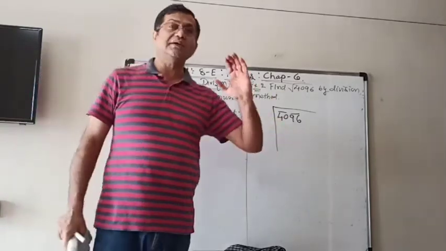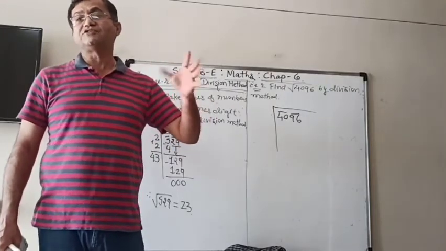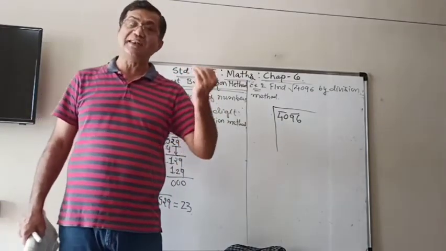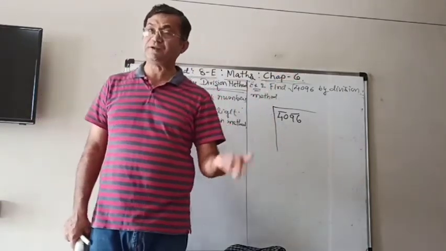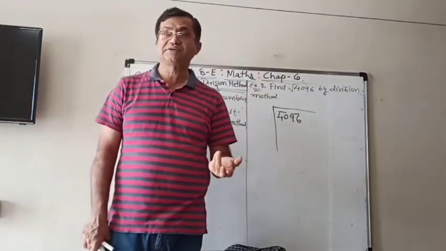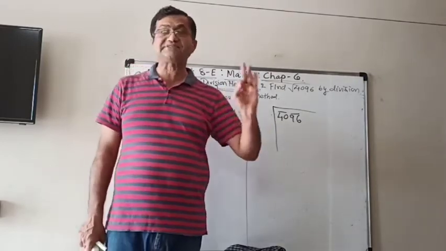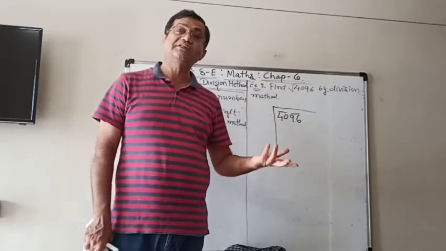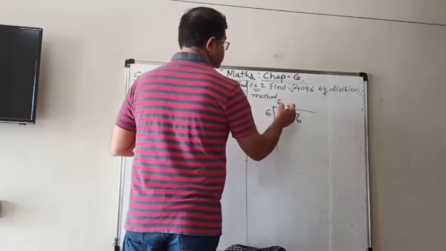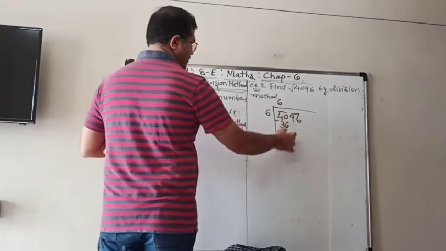So now you can take the square of numbers starting from 1 which does not exceed 40. 2 twos are 4, 3 threes are 9, 4 fours are 16, 5 fives are 25, 6 sixes are 36, 7 sevens are 49. Now 49 is more than 40, so we can't take 7 sevens. So go down. 6 sixes are 36, so we take 6 here. Then normal subtraction, 10 minus 6, 4.